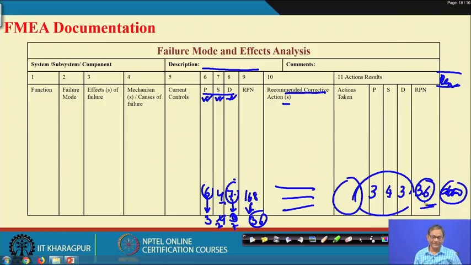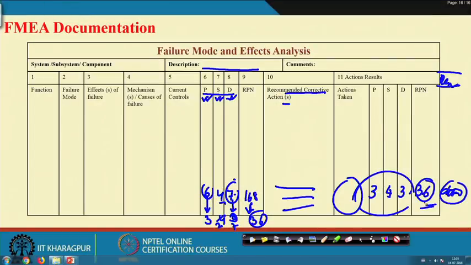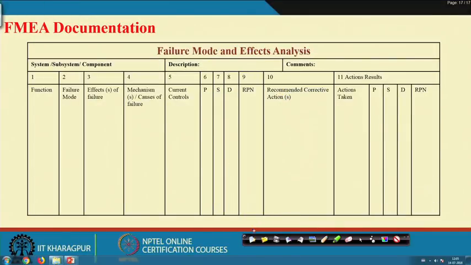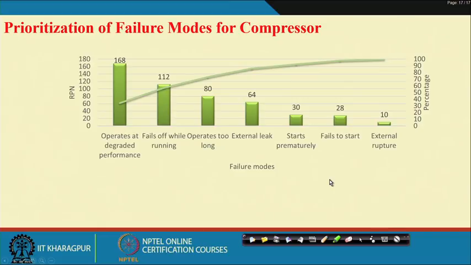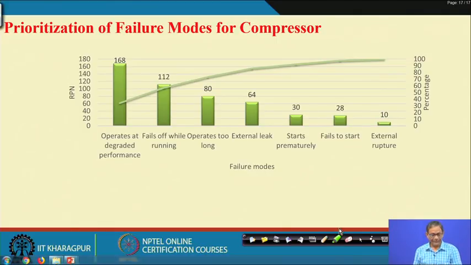Okay. So, this is basically the purpose. So, for your own system there will be several components and several failure modes, and a big list will be prepared. Now, another important issue is, as I told you, where to concentrate, that is the prioritization of failure modes. So, once you have calculated the RPN, you can make this kind of bar chart.